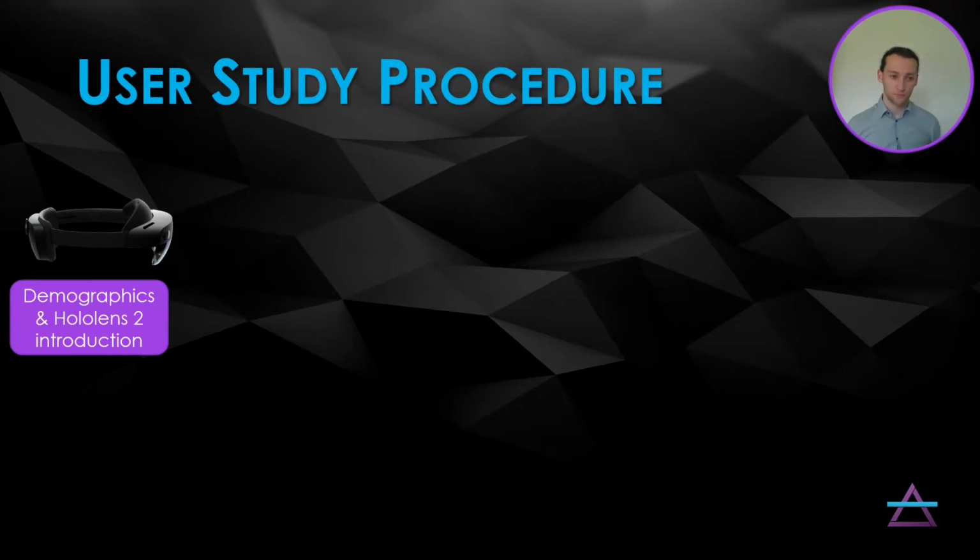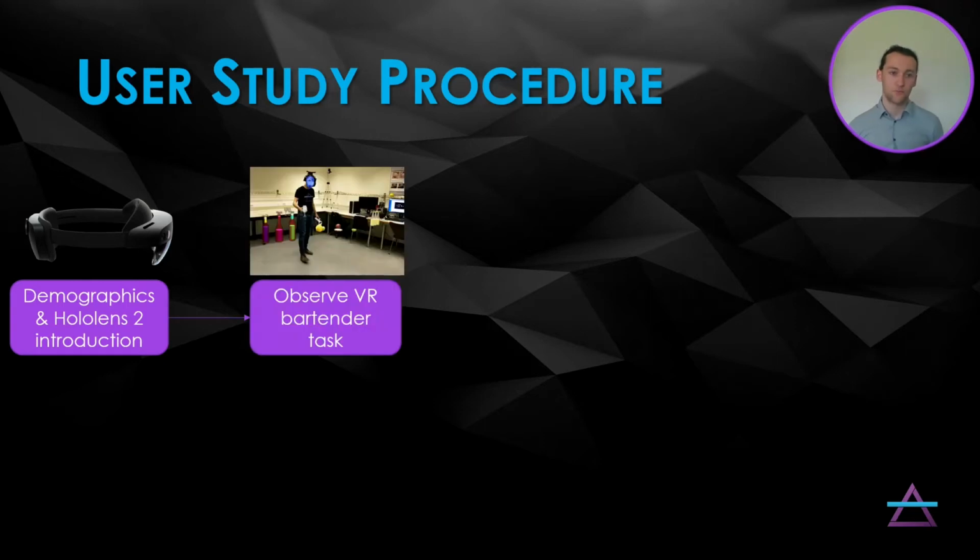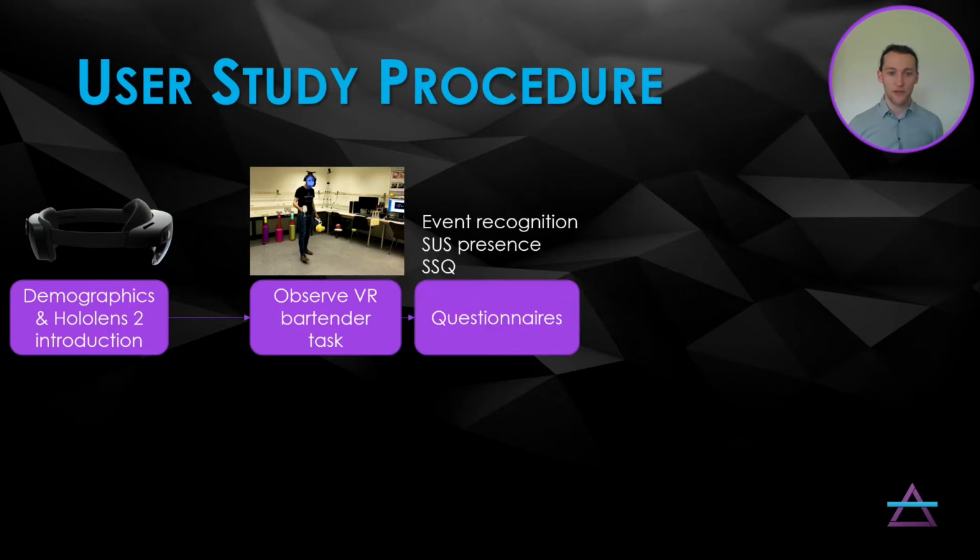Participants first filled in a demographics form and had an introduction to the HoloLens 2. Then the researcher performed the VR bartender task, which had a number of extra events scripted in, such as dropping a piece of fruit or moving a bottle without pouring. The AR user was then instructed to look out for these events,